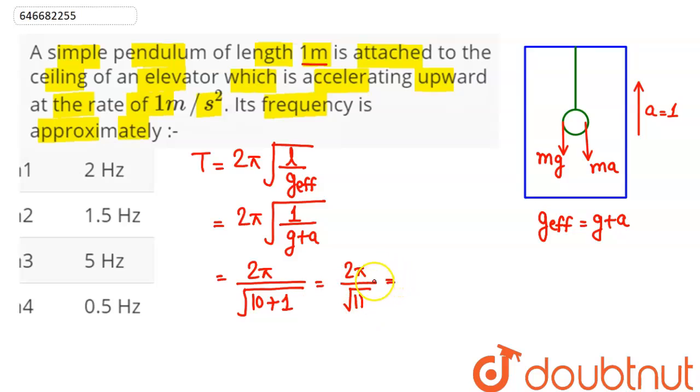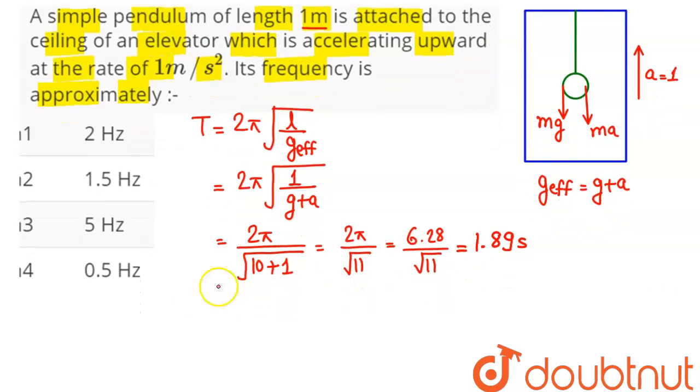Hence on simplification this comes out as 2 into 3.14 is 6.28 divided by root under 11. So the time period comes out to be nearly 1.89 seconds. Hence frequency, approximate frequency will be equal to 1 upon T. Hence this comes out as 1 divided by 1.89. So 1 by 1.89 comes out to be our